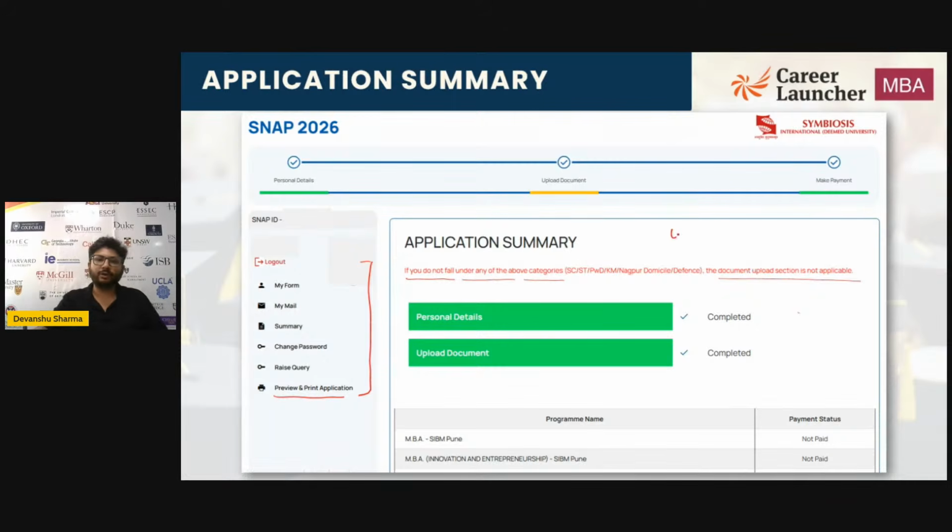So if you are from the open category, if you have selected the open category, you don't have to upload any document. But if you are not from the open category, आपने अगर कोई और category fill करी है, so respective documents you'll have to fill. So I've already uploaded all the details, the personal details, and upload documents is also complete from my end. I've already paid for the SNAP examination, not paid for the